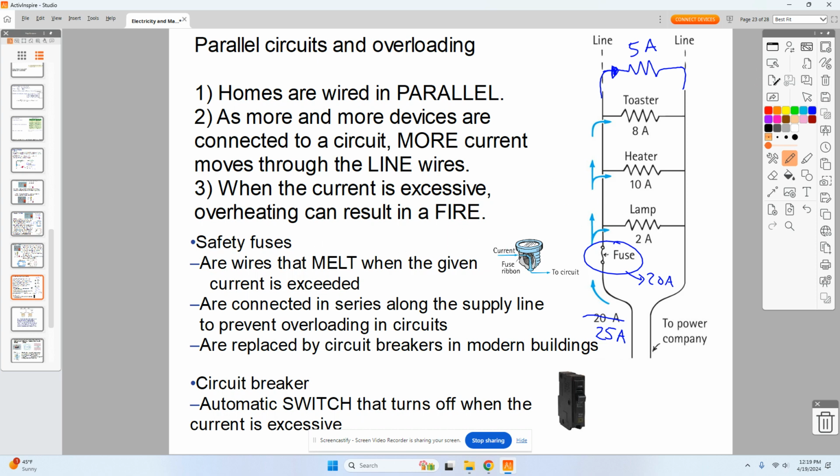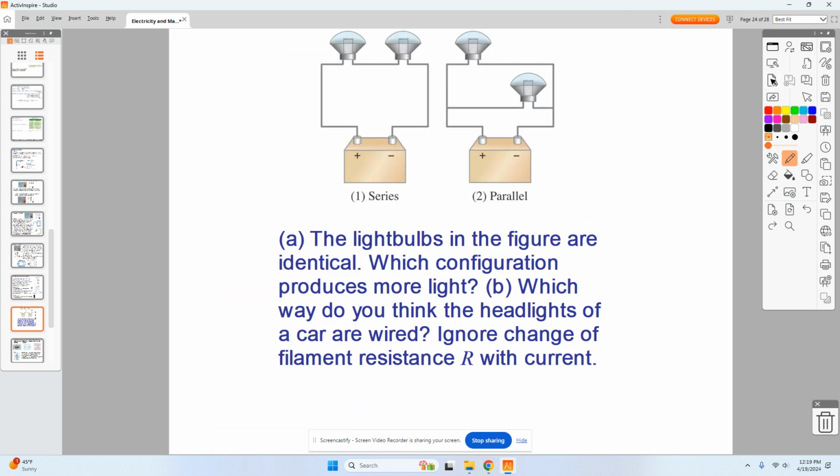Raise your hand, you're a car person? Like cars? A few people? Here's a 12-volt battery. In which arrangement would you say you get more light? In the series arrangement, the one on the left, or in a parallel arrangement, the one on the right? In which case would more light be produced? What do you think? By far, it's the parallel. These are going to burn a lot brighter